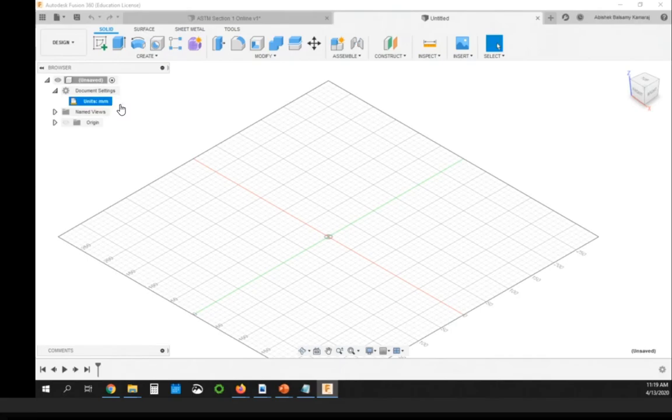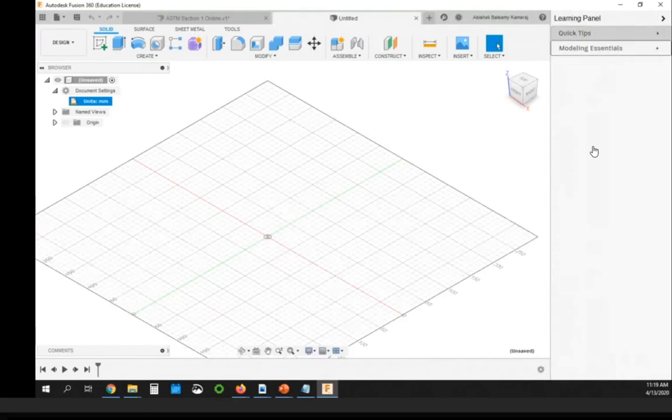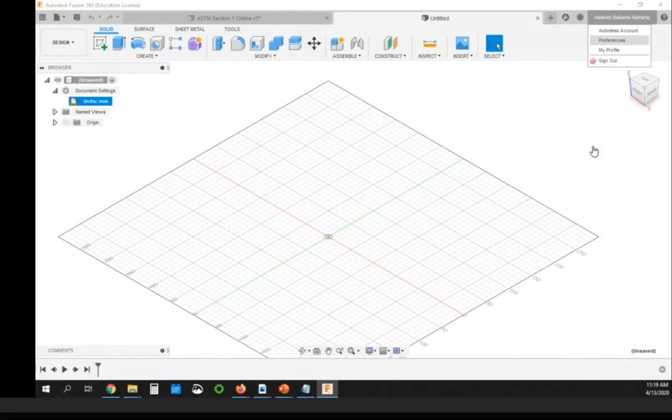Next, couple of things. On the top right, there is this help bar, which should pop up now. If you click that, there are some very, very good support documentations here. You can do show learning panel, and there are quick tips and modeling essentials, and this is another way to learn Fusion 360. If you click your name up there and go to preferences,